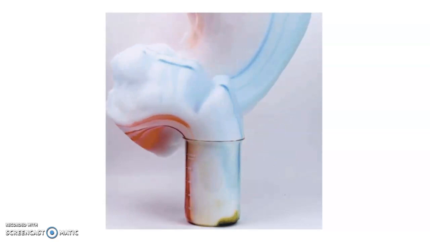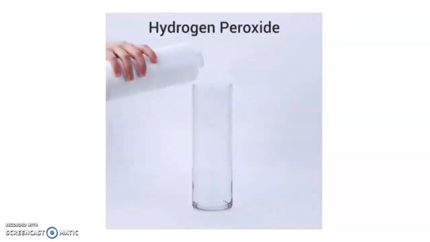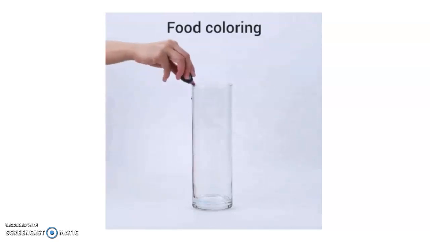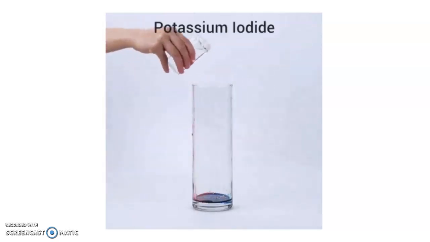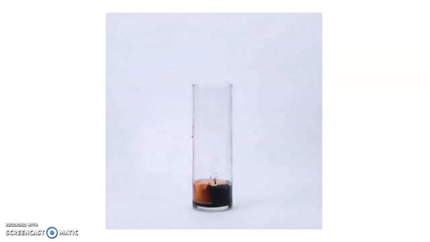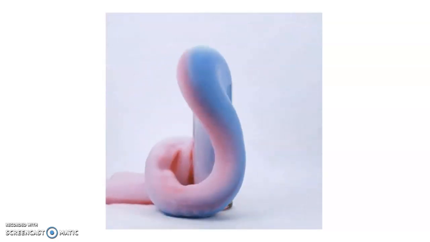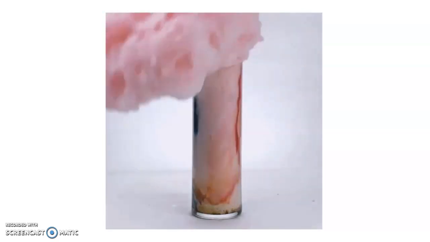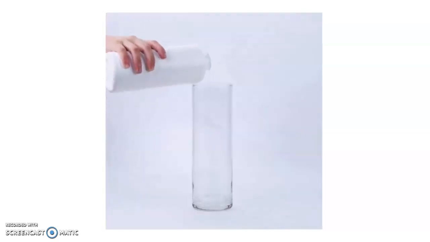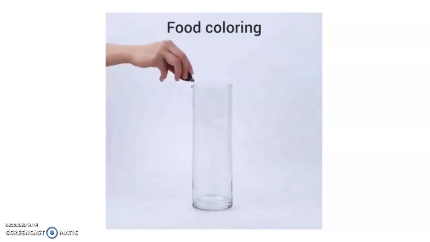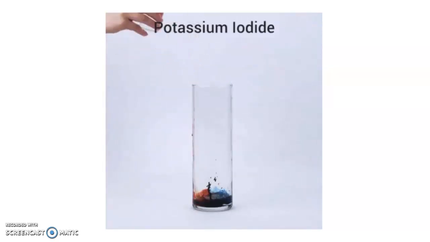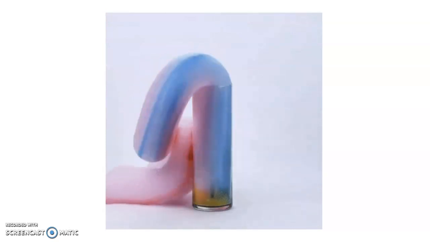All right, so on your screen, you see a little bit of craziness happening. I love this GIF, whatever it's called. Okay, so we see a chemical reaction happening right now. I'm a little upset you guys were going to be able to do this in class too, but at least you get to see it on your screen. All right, so you see some hydrogen peroxide, dish soap, food coloring going in this tube, and then when the person adds potassium iodide, right,